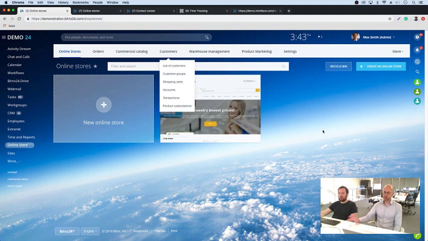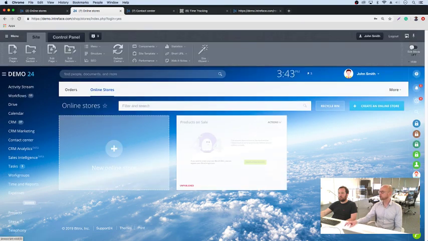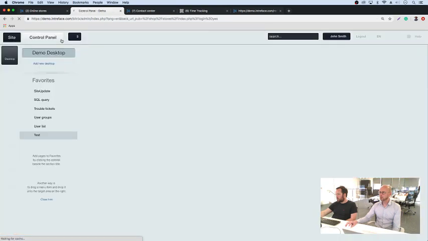With the self-hosted, you get to choose your own domain name, and so you get all the functionality you have with the cloud with additional control panel areas. So if you just drop that down, you can see that you can access tools that allow you to create and edit pages extensively, move things around, do what you want, create new pages. In addition to that, you've got a back end where